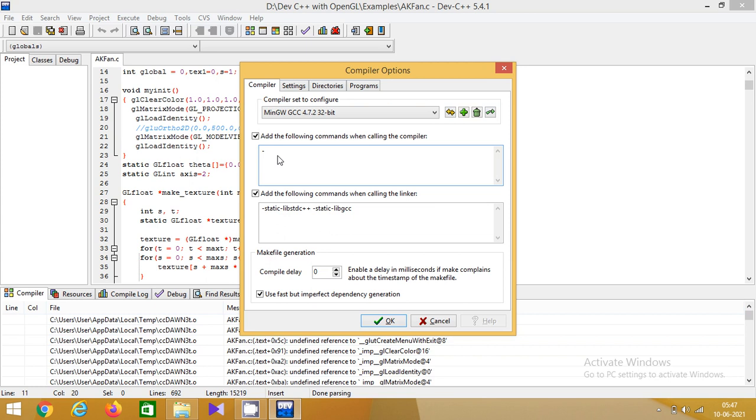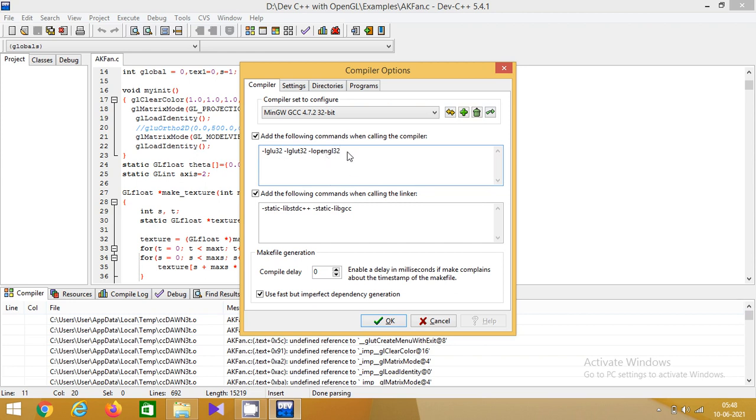Hyphen l glu32, then space hyphen l glut32, then space hyphen l opengl32.